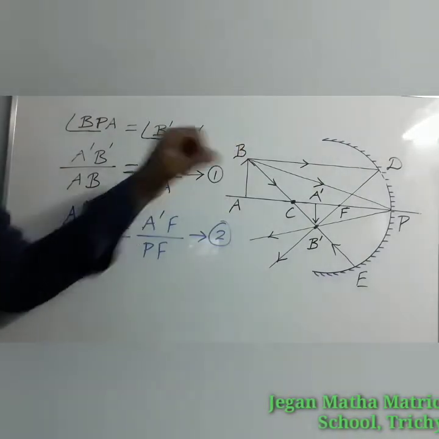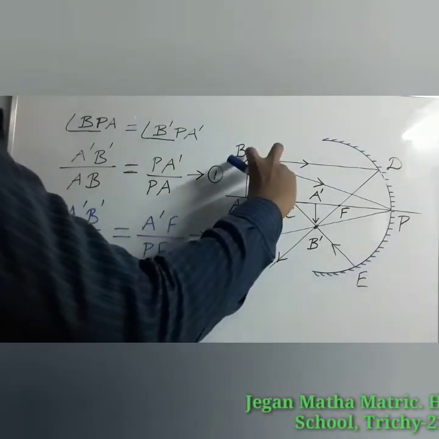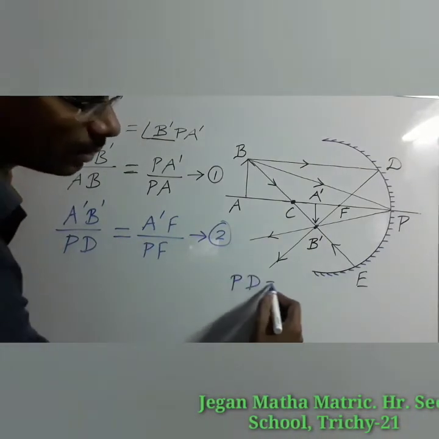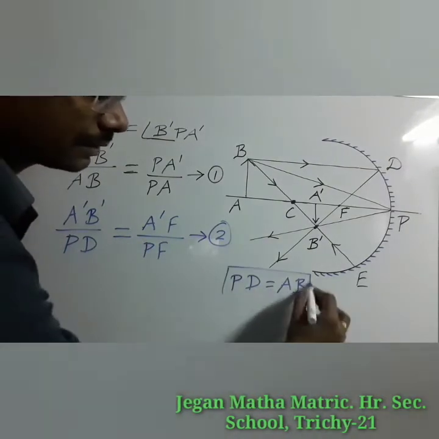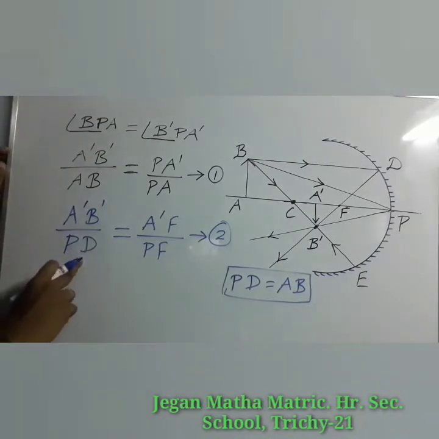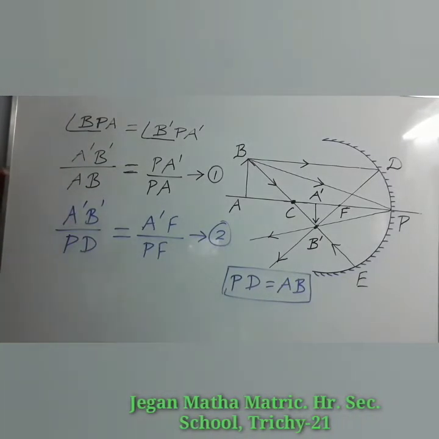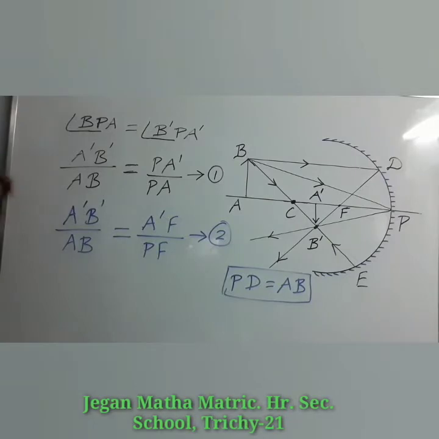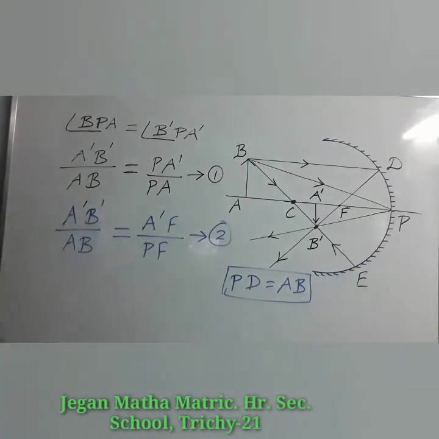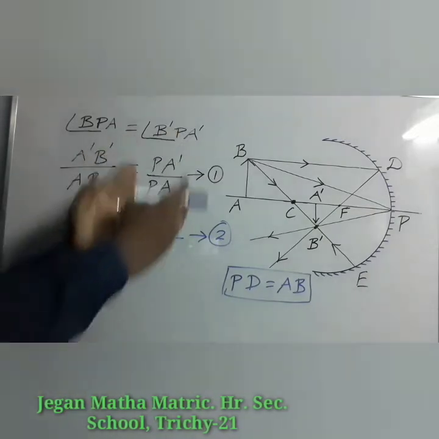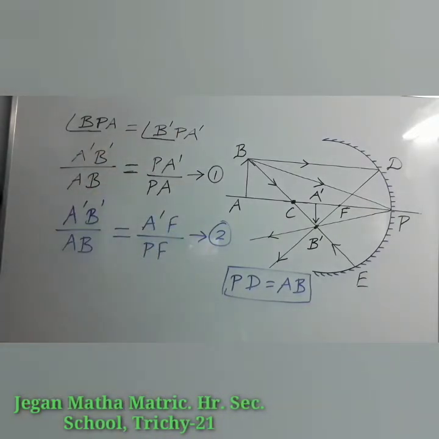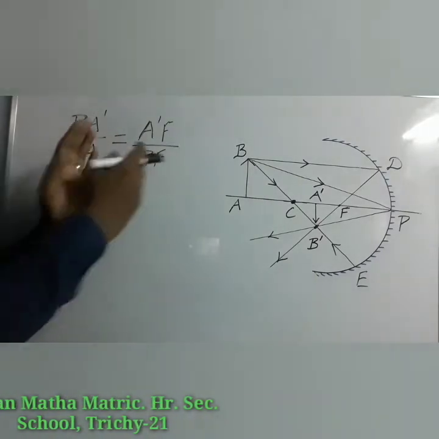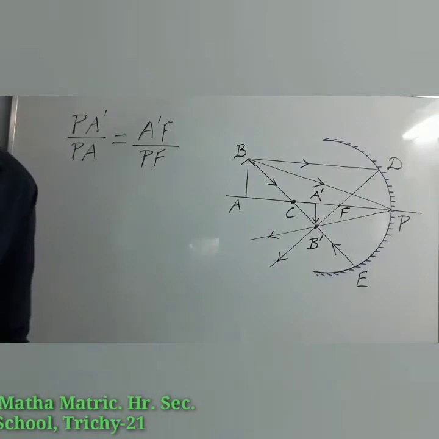Here AB is the height of the object. AB is more or less equal to PD. If we assume PD is equal to AB, then instead of PD we can substitute AB itself. So here I am going to substitute AB. We can compare these two equations. The left hand side is now equal. What about the right hand side? The right hand side also must be equal. So we can compare the right hand side of these two equations.